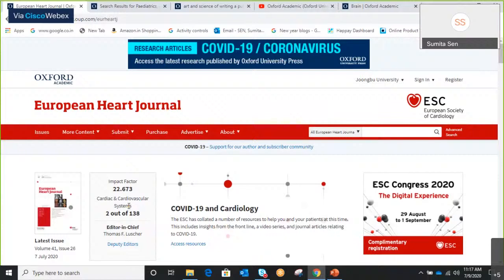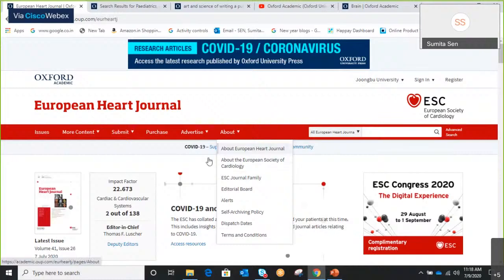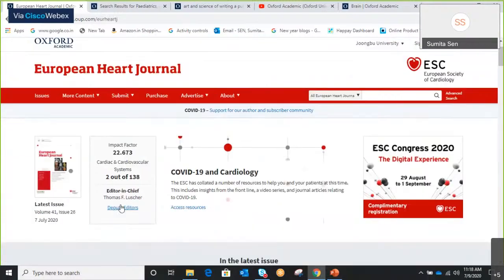The impact factor is calculated taking the data of 2 years. So if I want the impact factor of the European Heart Journal for 2019, I would take the data of 2017 and 18, the number of times the articles were cited, divided by the number of citable articles published. Data of 2 years will give me the impact factor. And I've shown you how you can check the evolution of the impact factor.